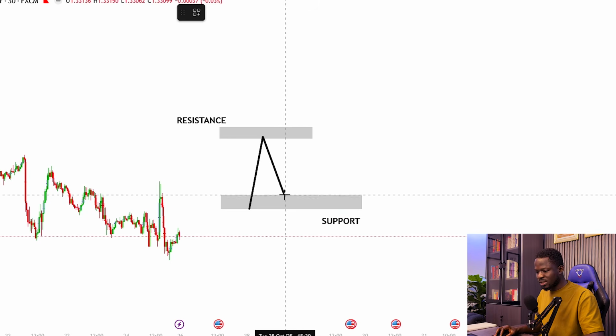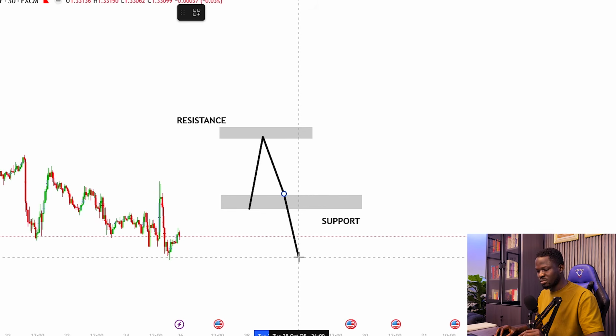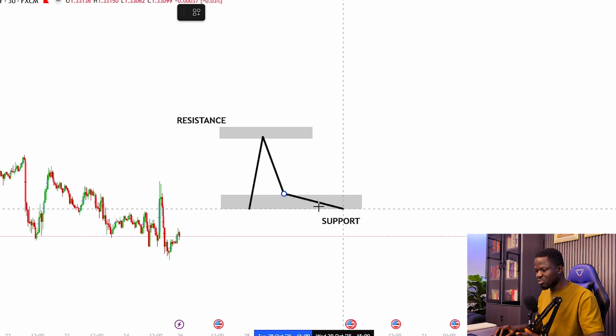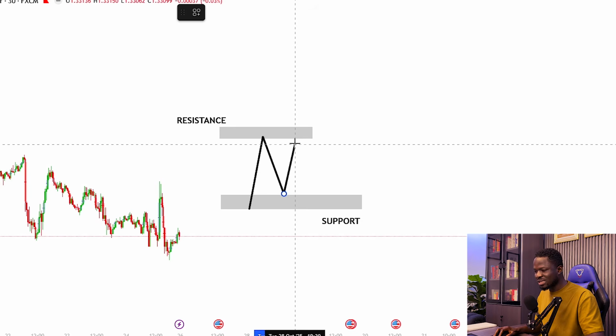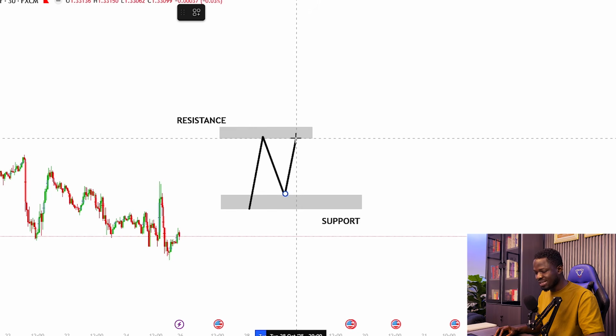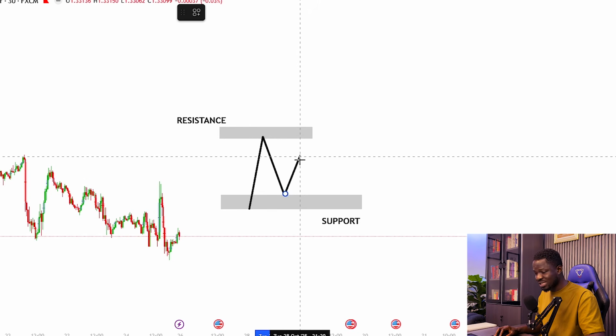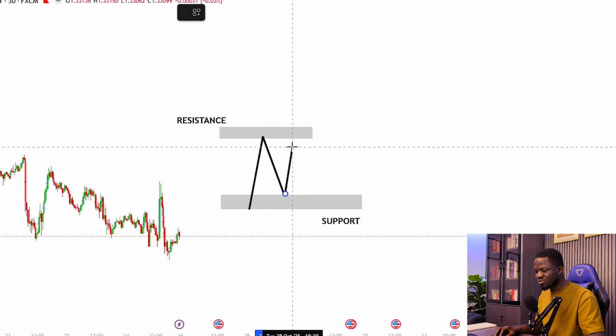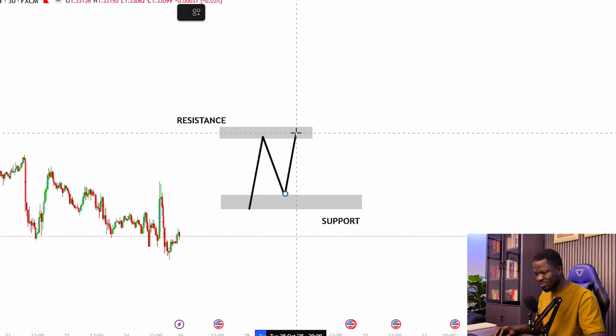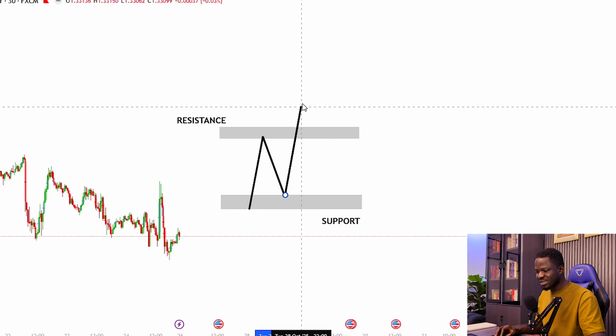And again, this support is expected to hold the price from falling below this price zone. Then the price starts another journey again and touches the resistance for the second time, right? We're expecting the price to react and start falling down. But in a situation whereby the price did not respect the resistance for the second time, the resistance has been